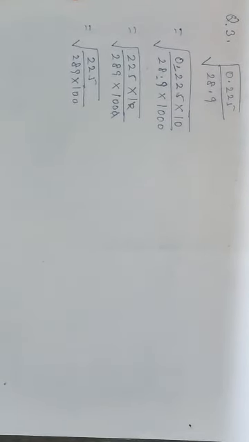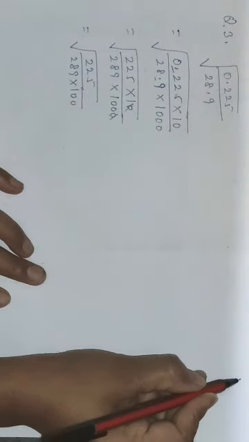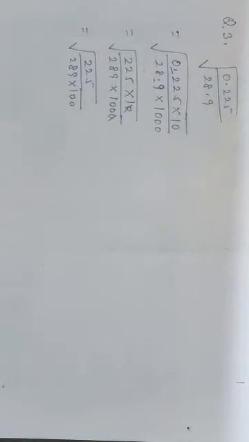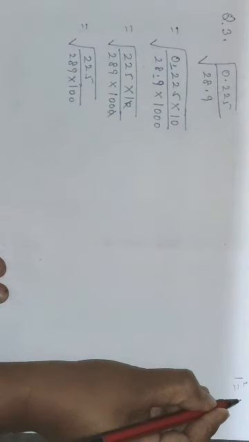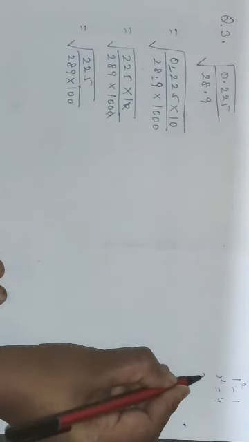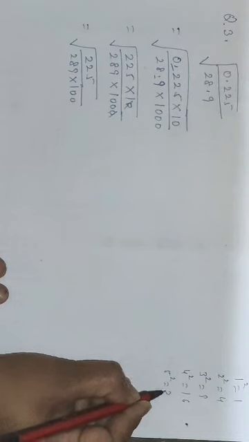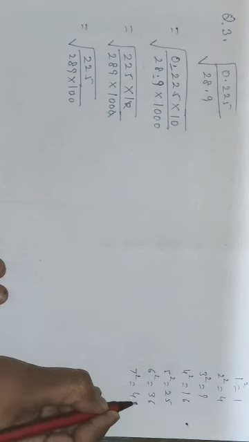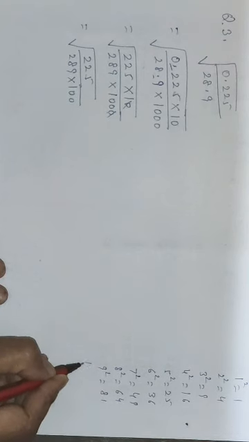Now class, one step I want to tell you before going further, and that is learn the squares from 1 to 20. Learn the squares from 1 to 20. This will help you in solving the square root problems, and in your higher classes also this will help you a great deal. I am telling you here, square of 1 is 1, square of 2 is 4, square of 3 is 9, 4 square 16, 5 square 25, 6 square 36, 7 square 49, 8 square 64, 9 square 81,